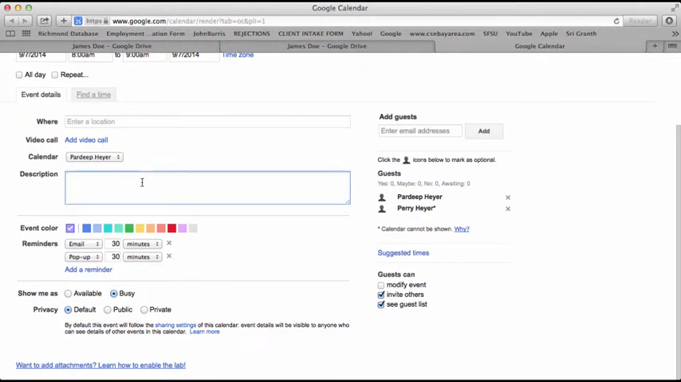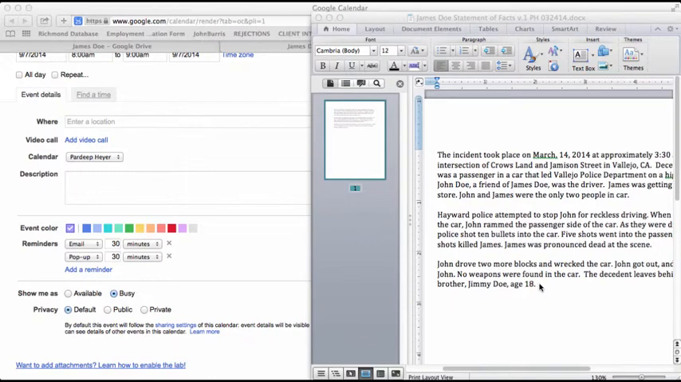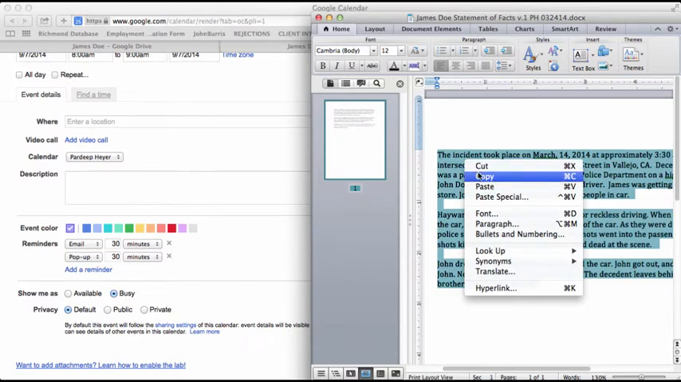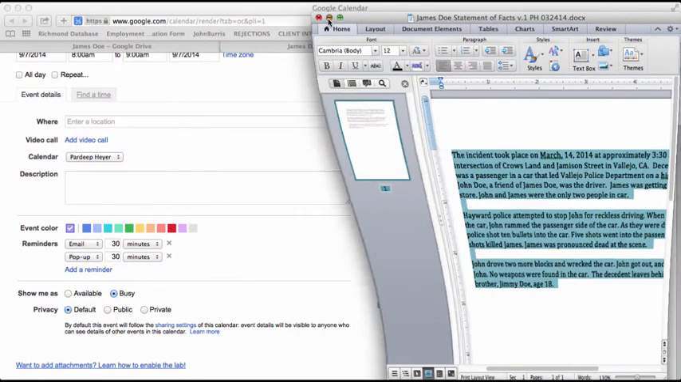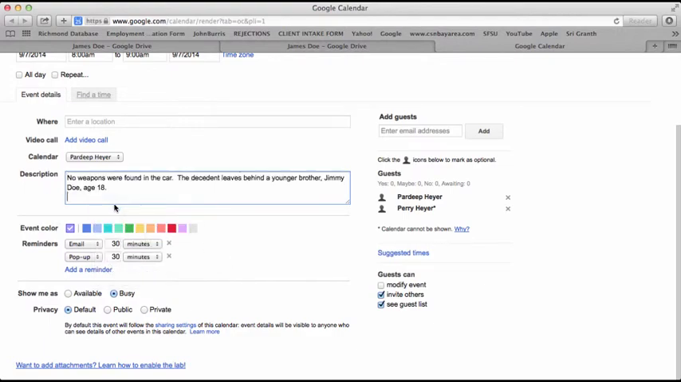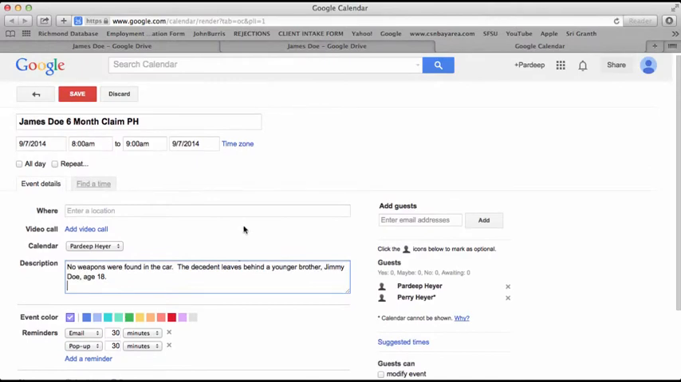Back to the description is what you want to do is go ahead and include your statement of facts. So whoever looks at this understands what's going on and who the person is. So go ahead and paste that in there. Okay. And since this is a 6-month claim,